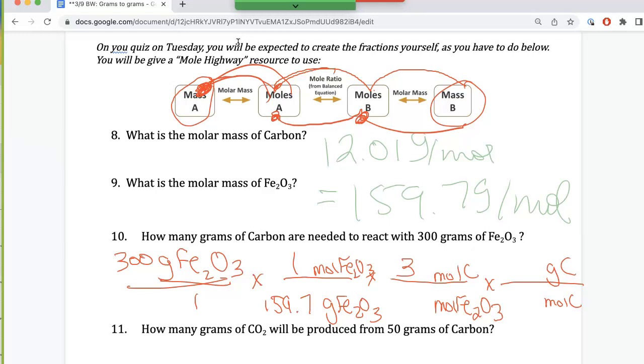3 goes in front of moles of carbon, 2 goes in front of iron oxide, and then I end with 1 mole of carbon on the bottom, and I have my 12.01 grams of carbon on top. I multiply everything on the top together, so 300 times 12.01 times 3, I get 10,809, so a really big number, but then I'm going to end up dividing that by 319.4, so I do 10,809 divided by 319.4 to give me